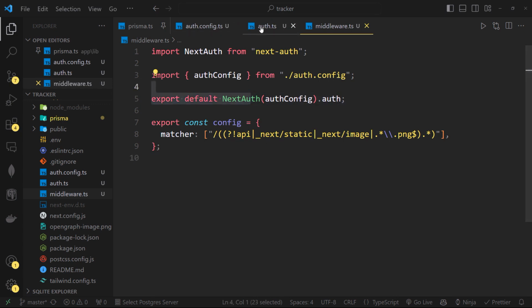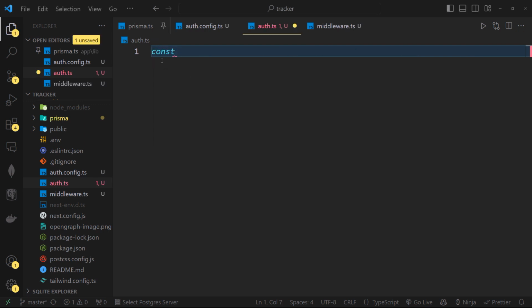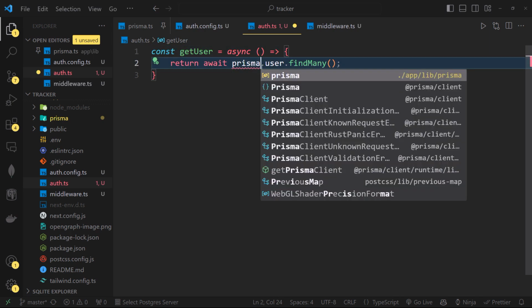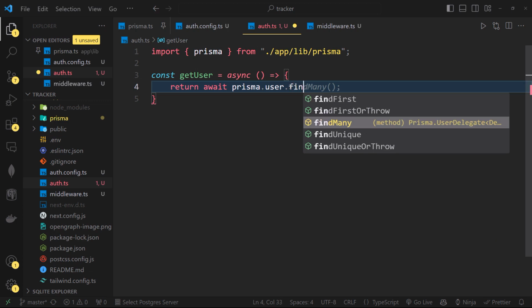So now let's come to this auth file, and see how we can initialize our login functionality here. The first thing I'm going to do is get the users. I'll say const getUser, async like this, and here I'll say await Prisma. Now I want to get only one user, not many users. First let's bring this Prisma object here, Prisma.user. Here we just say findUnique